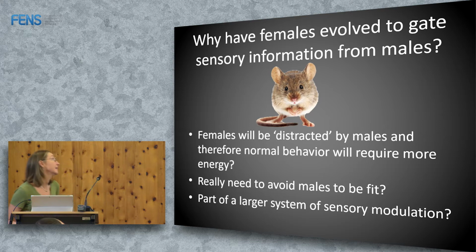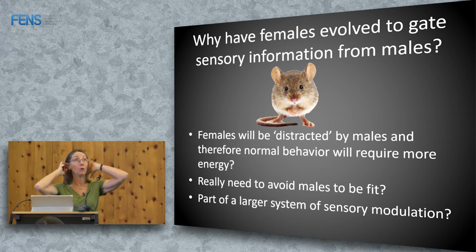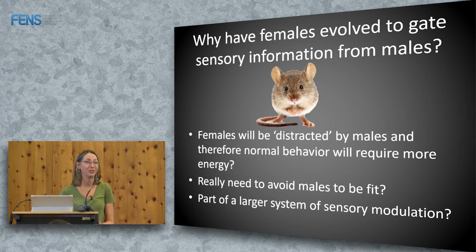And so if they were to sense the male during diestrus, maybe their brain would be so preoccupied with the thoughts of the male that she just couldn't do her daily stuff, and it just wouldn't work out for her, right? She'd die or something, I don't know, right? And so, I think that's a little ridiculous, because think of all the sensory information you're getting. We use the term sensory overload, but it really takes a lot, or even is that a thing? I don't know. There's a lot of information that you don't attend to, or that it doesn't necessarily hurt you